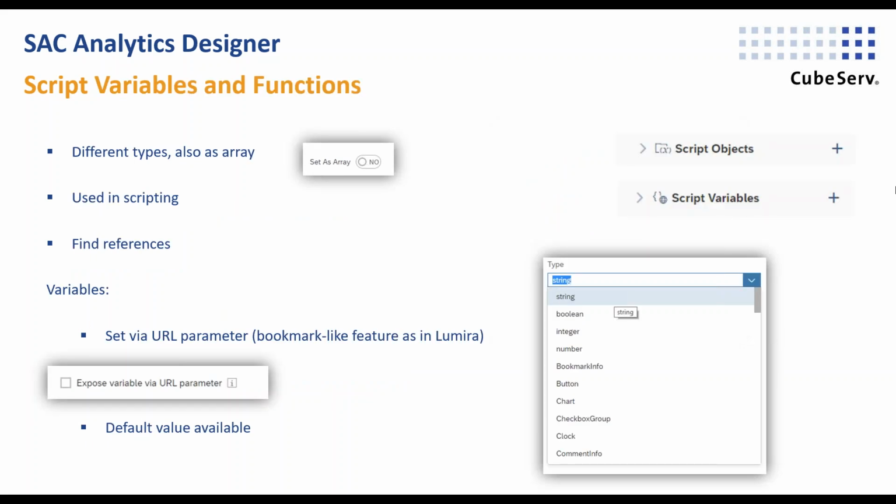Basic building blocks of scripting are script variables and functions, which are global and can be reused throughout application. There are already now many types of both. The data types and return values are available for almost every component type, along with the standard types such as integer, string, boolean. Those global variables can be used also as arrays. It shows its maturity almost on the same level as Lumira already.